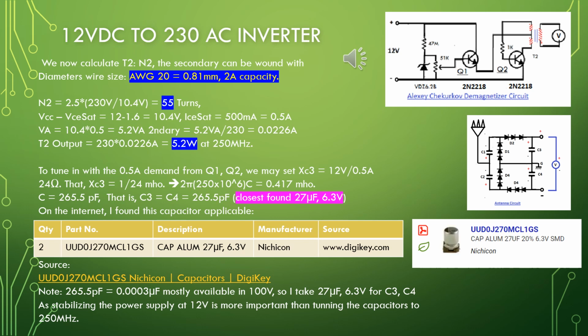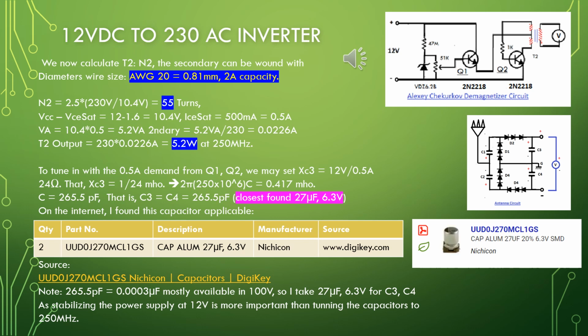ICE set equal to 500 milliamp equal to 0.5 ampere. VA equal to 10.4 times 0.5 equal to 5.2 VA. The secondary equal to 5.2 VA divided by 230 volt equal to 0.0226 ampere. T2 output equal to 230 times 0.0226 ampere equal to 5.2 watt at